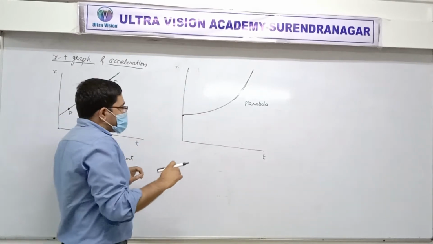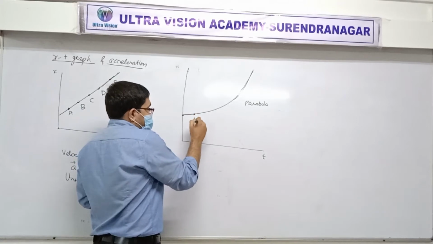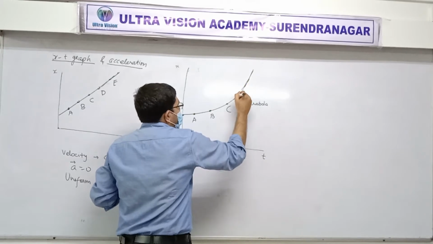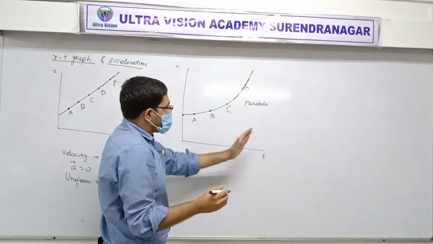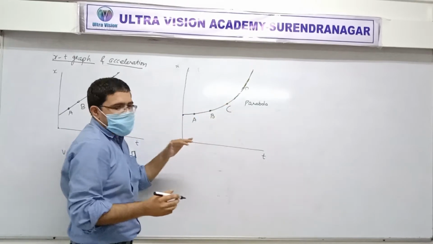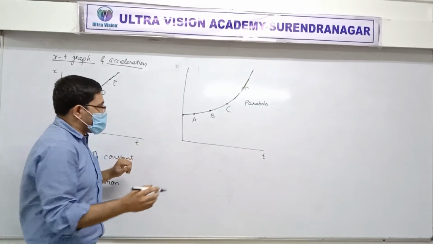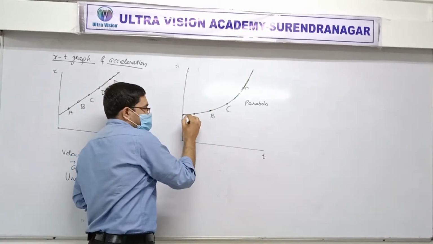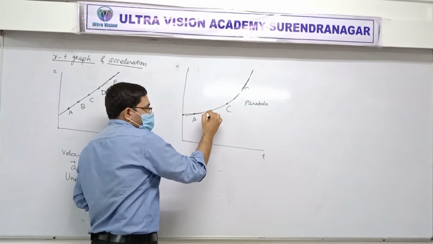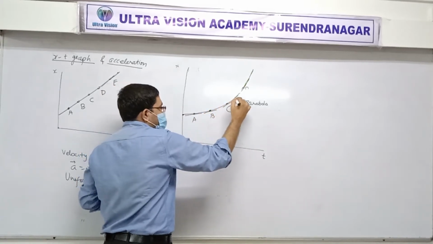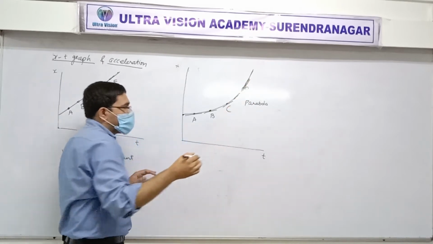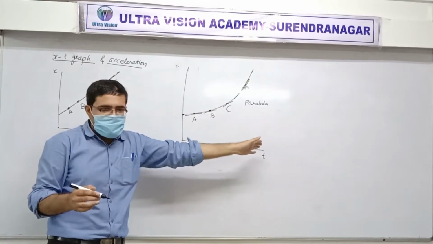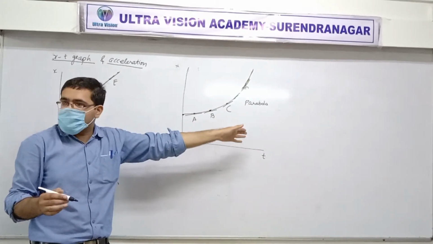Now, what happens here? Suppose I take different points, like let's say A, B, C, and so on. So gradually, as you go to more and more time, A, B, C, D. First of all, let's talk about velocity at A. To find velocity from the x-t graph, what do we do? Slope of the tangent. So here is the tangent. It has a little bit less slope, not zero, but a little bit less. Then at B it will be a little bit more. At C it will be even more. At D it will be even more. You gradually see that the slope of the tangent is increasing as you go towards the right-hand side. Understood?